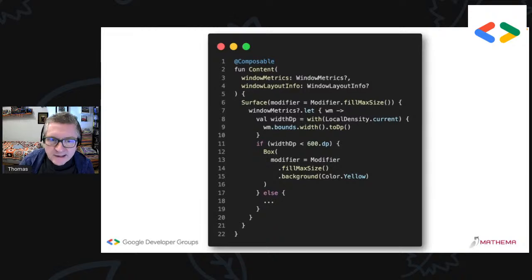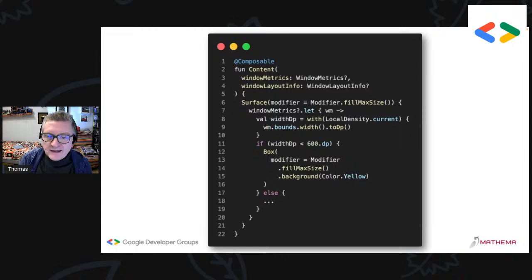What is important is that the next thing I do is compute the width of the screen by using LocalDensity.current and passing the width of the window metrics. And once I have converted this to density independent pixels, I check if the screen width is less